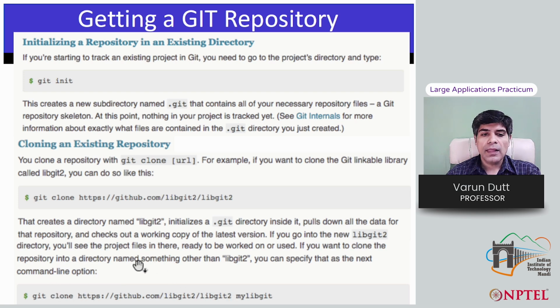So the idea is that there is a global repository, and git clone will clone the repository onto your local machine. But git clone is a very powerful command. It not only clones the global repository, it also creates a directory by that same name. It also checks out a working copy of the latest version into a working directory. And if you wanted to name your local repository something other than libgit2, you can write this name and this will be the name of your repository when it is cloned.